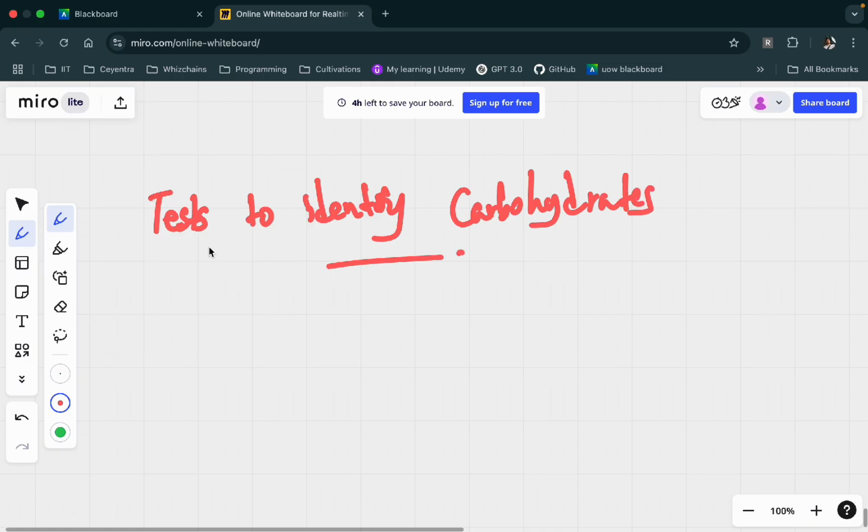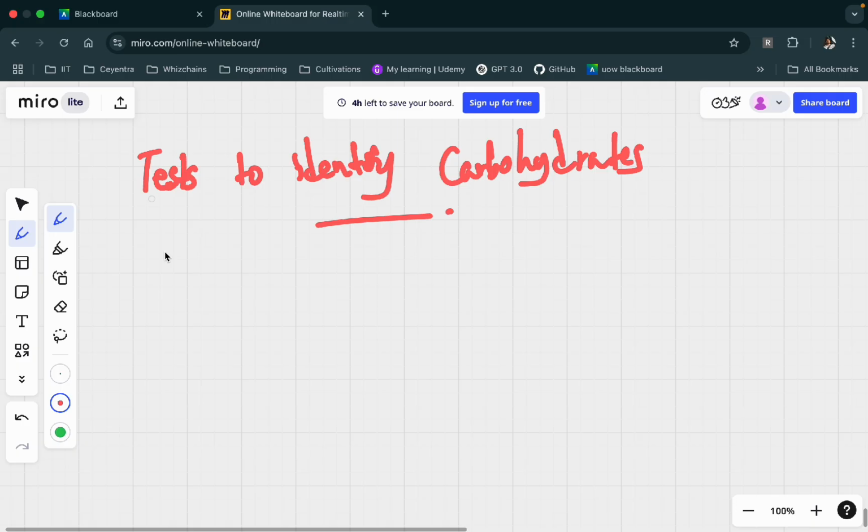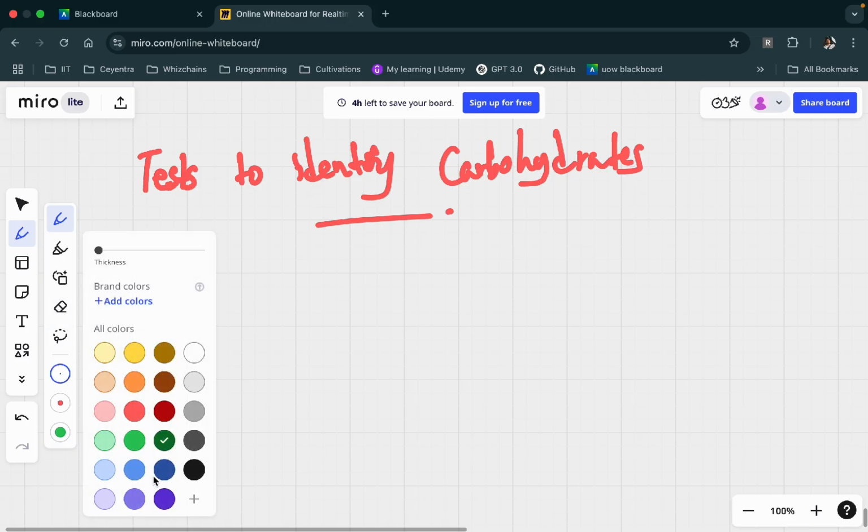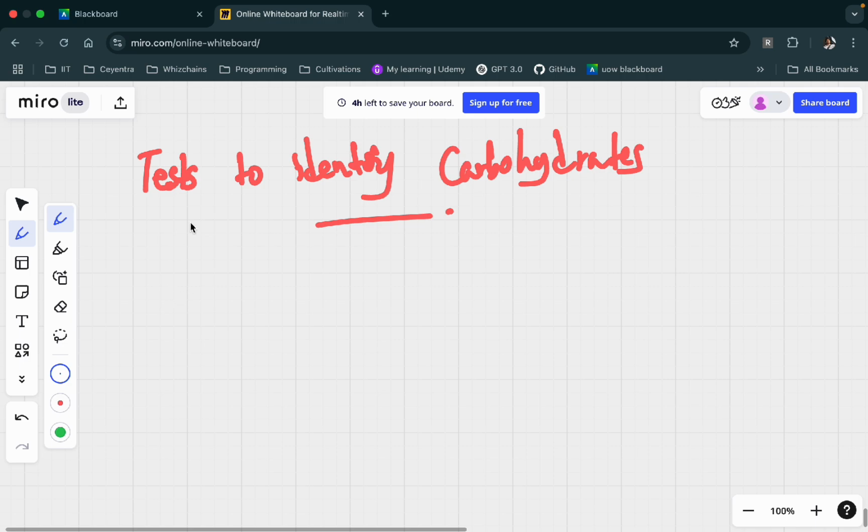Okay, so here under this topic, we need to know about three main tests. There are three main tests that you need to know under your grade 10 syllabus, that we can use to identify carbohydrates. So here are the three tests I write. Okay, first one is